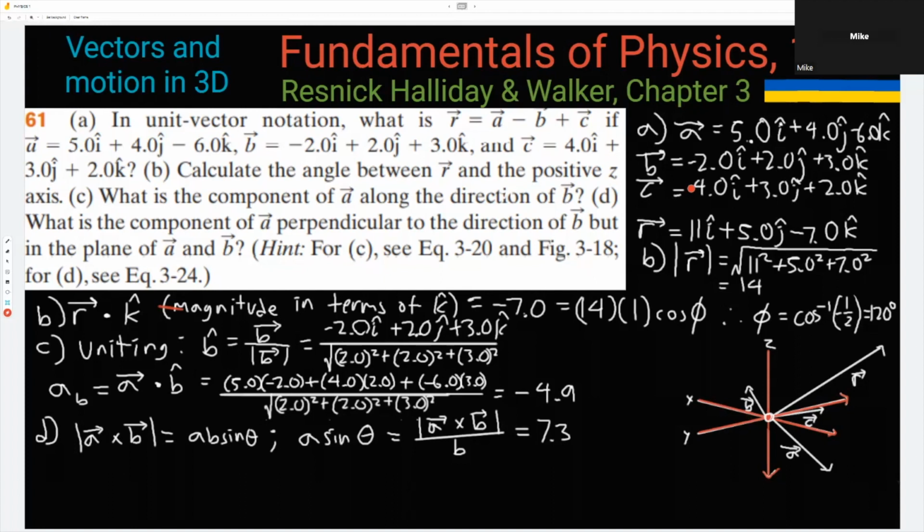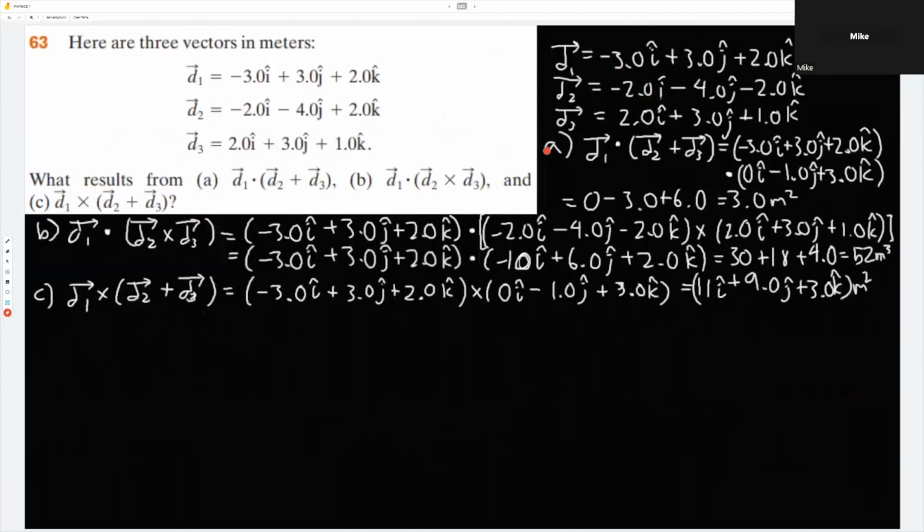Tingnan mo, ang tinatanong sa letter D ay component of A perpendicular to. Ngayon, what if ang tinanong ay component of A parallel to the direction of B? Hindi ba po yan C? Paano mo computing yun? Hindi ba po yan C? Okay, so sa C. Okay, sige. Punta tayo dun sa yung next. Tingin. Choppy po kayo. Teka. So yung next na,